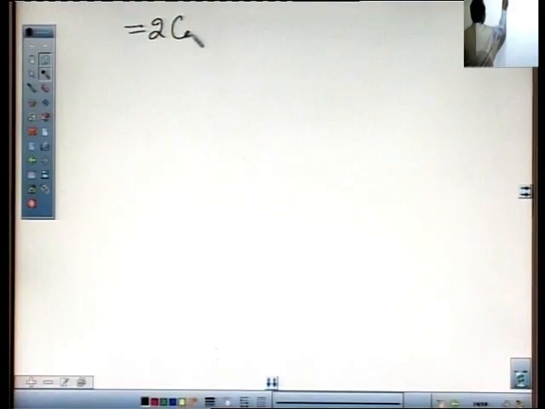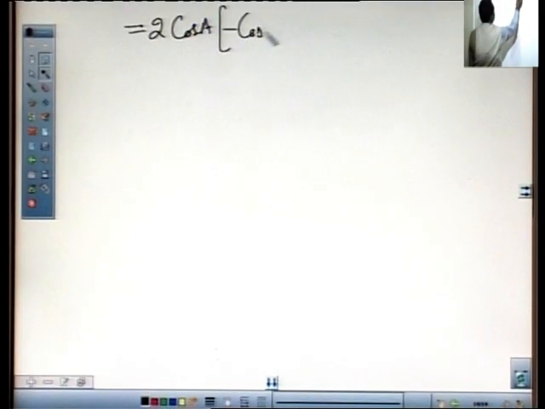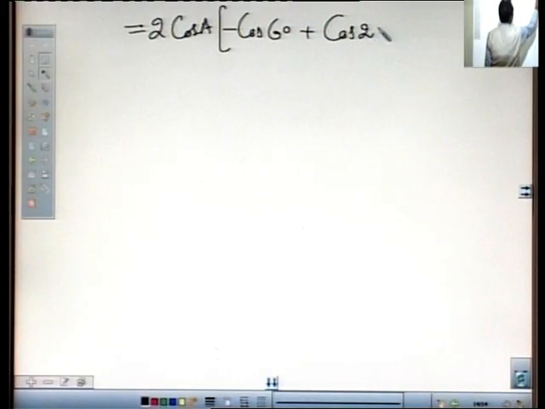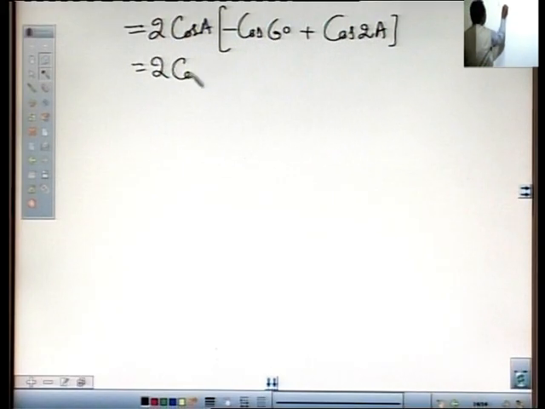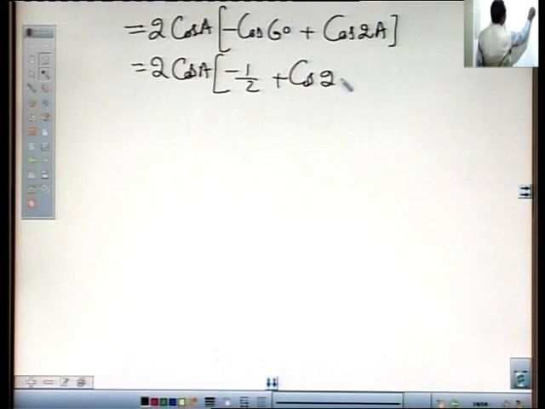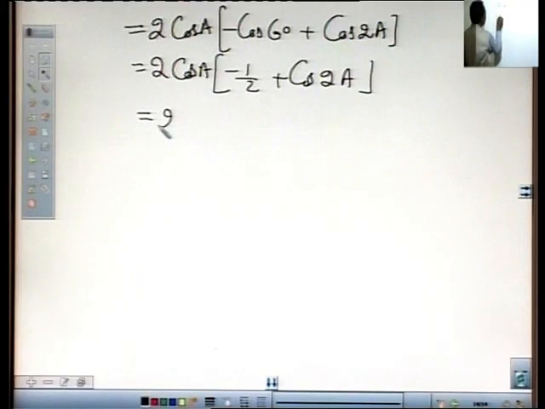2 cos A into minus cos 60 plus cos 2A, this equals 2 cos A into minus cos 60, and cos 60 is 1 over 2, so this equals minus 1 over 2 plus cos 2A, and the LCM of this equals 2 cos A